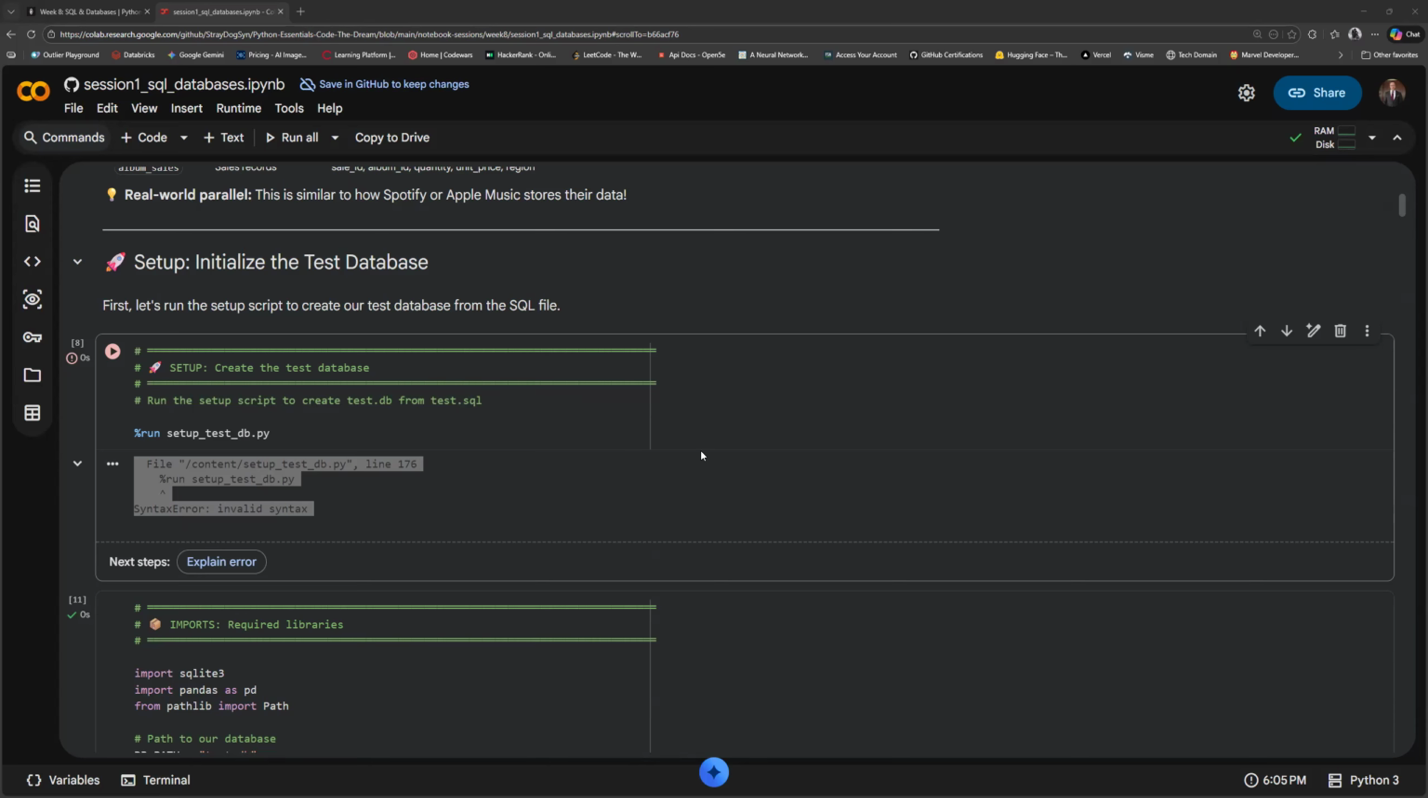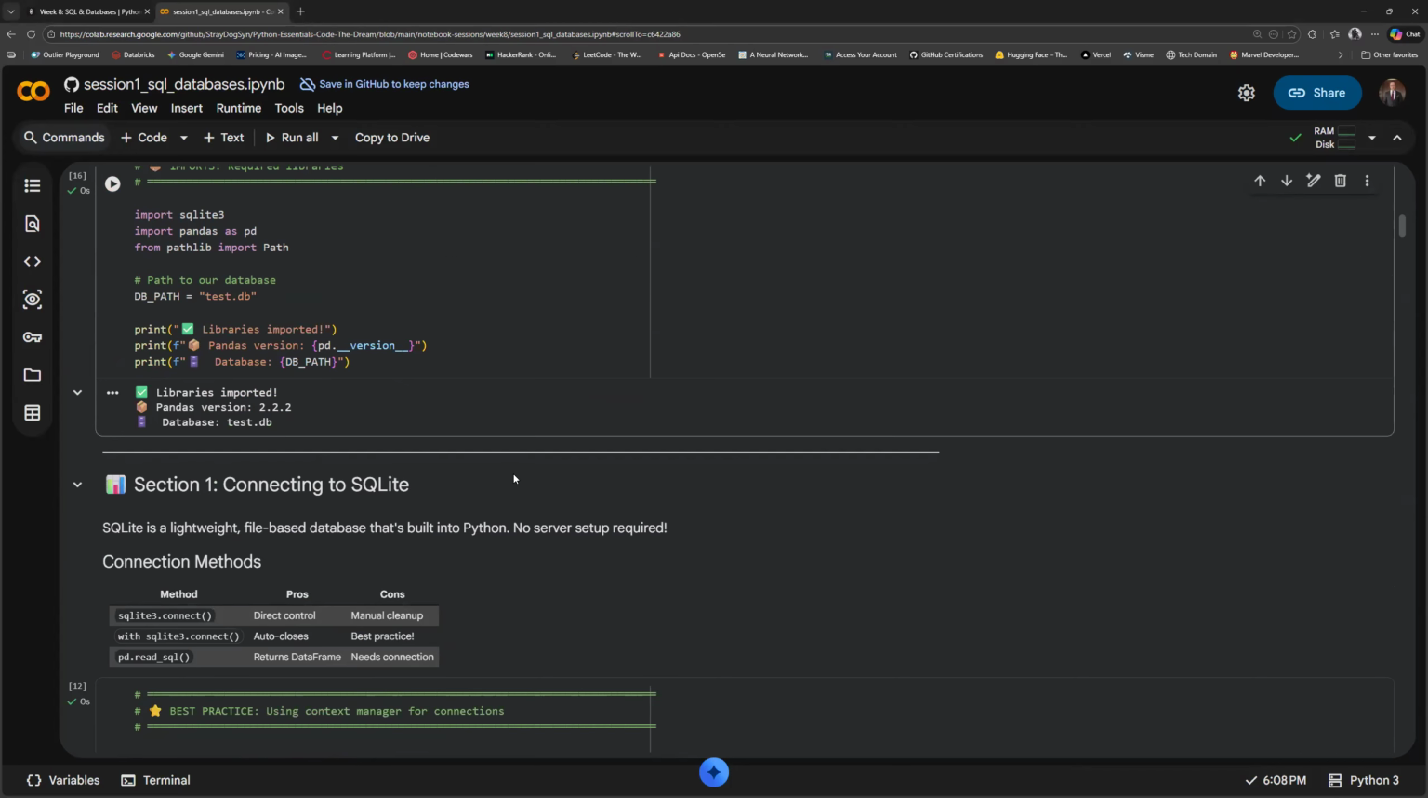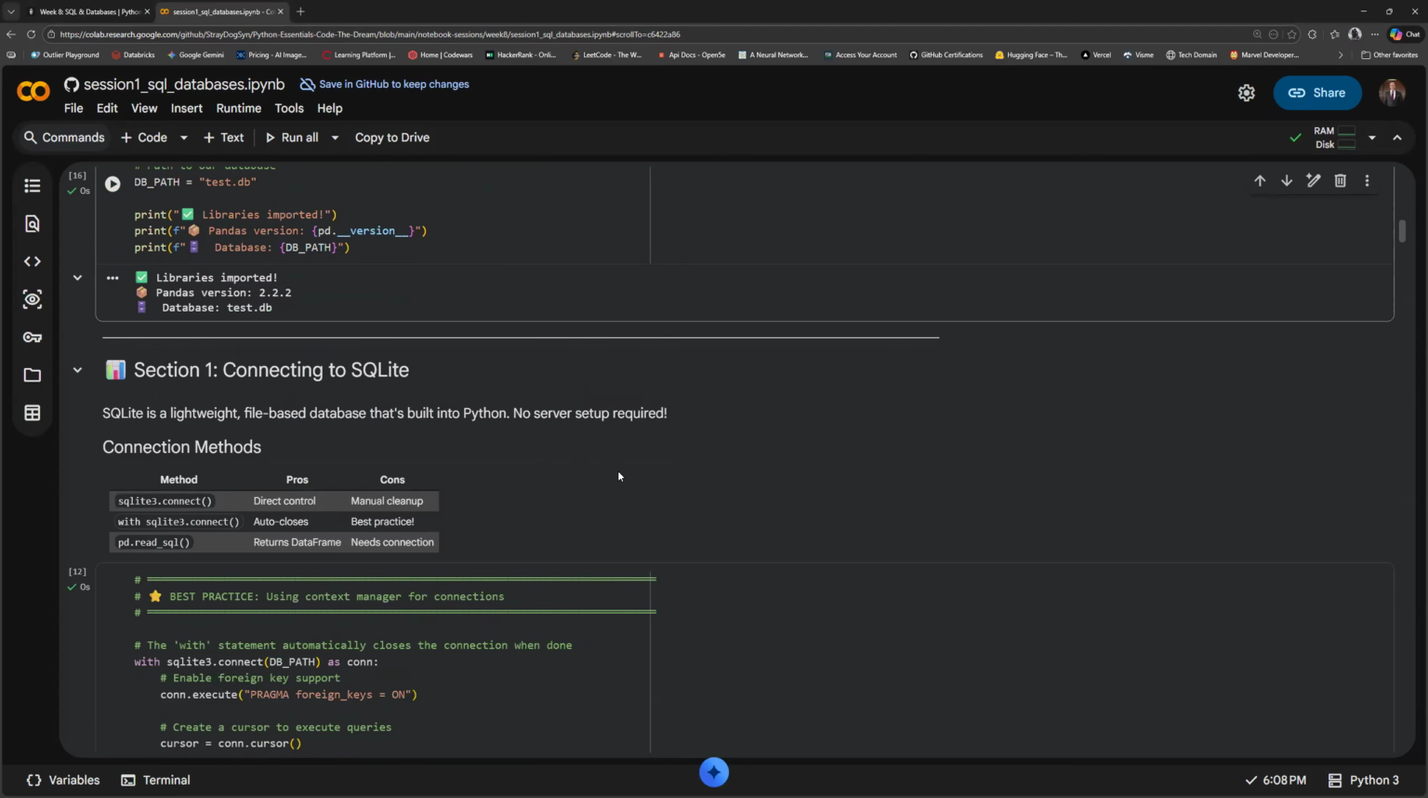Yep. So then, all right, we have our imports. What's going to work? So maybe the next step will work. All right, so SQLite, this is the one that you guys will probably be using a lot right now because